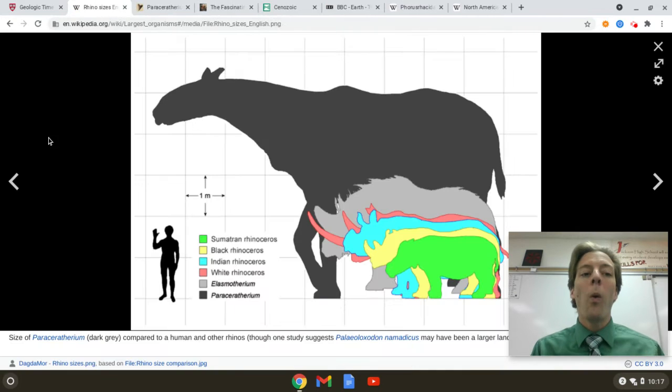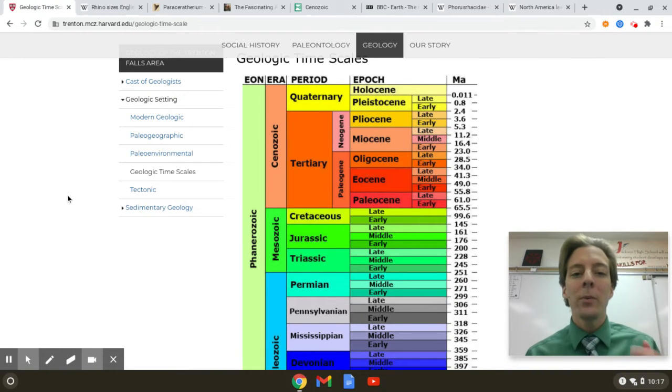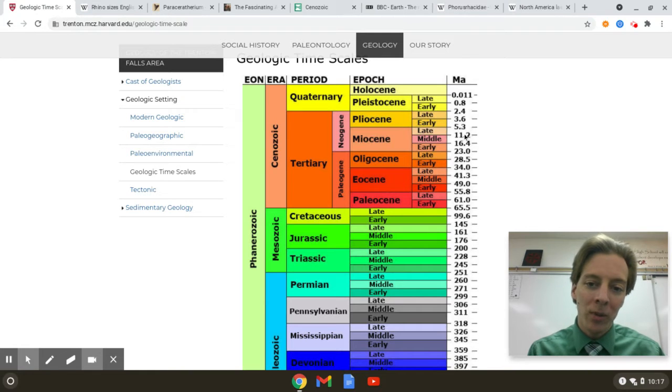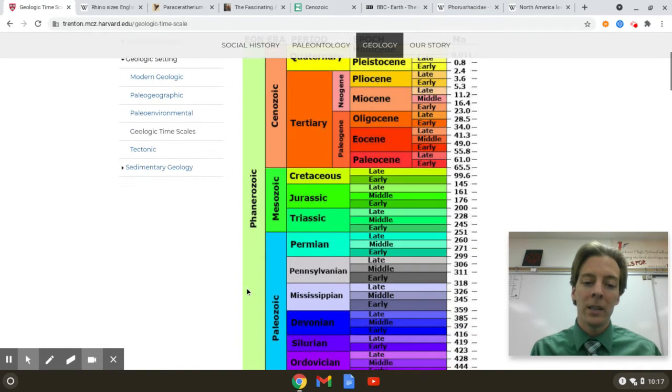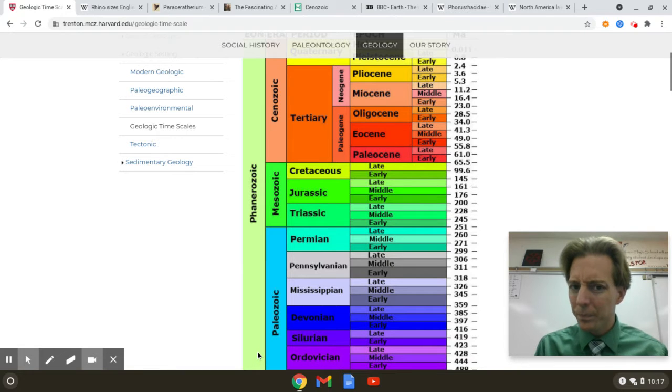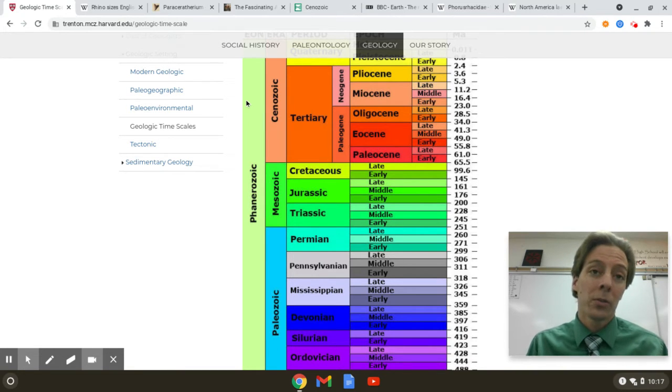Speaking of which, why do we keep dividing and dividing and dividing all these things? Because we know more. You know, when you get into here, stuff's actually, well, not that long ago, but stuff gets written down. You've got history. We can look at the rocks better, and we know more about all of this than we do about any of this. It's just the way it works. Okay.